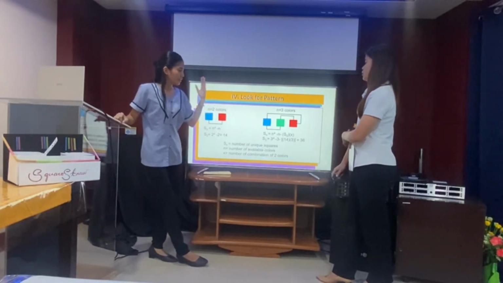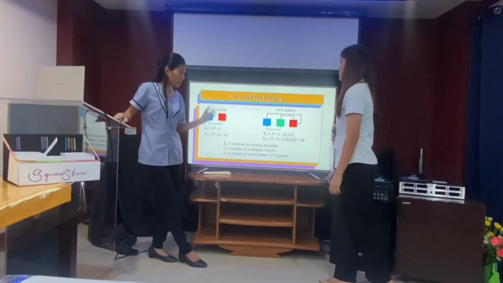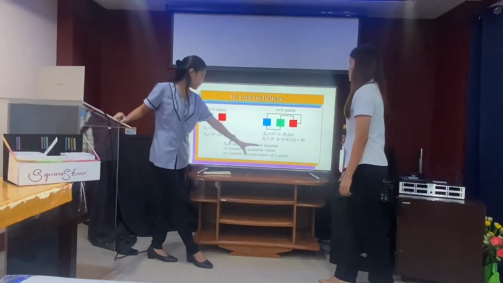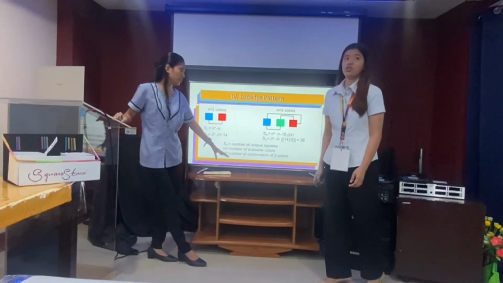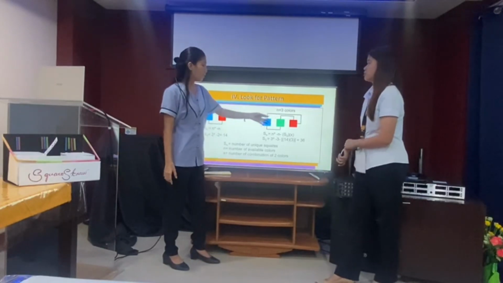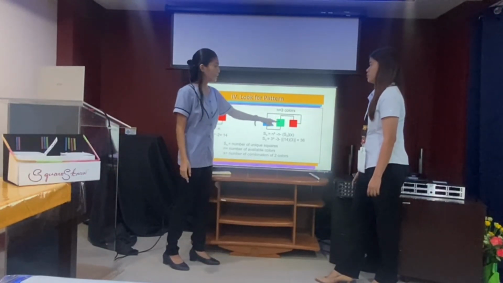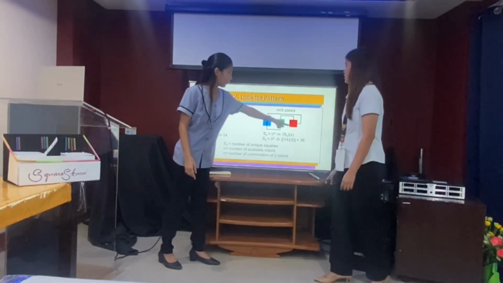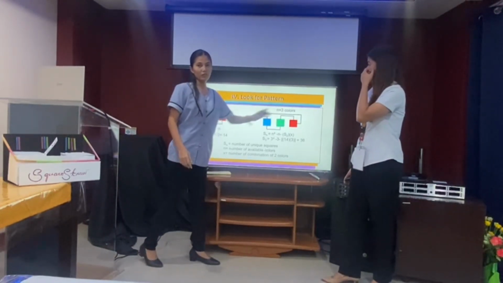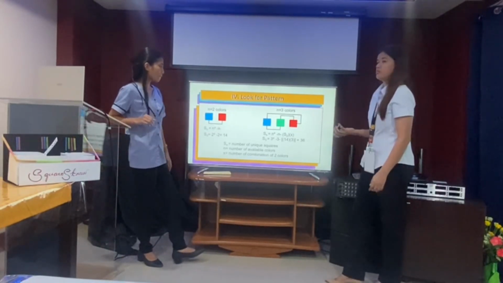While if the colors available are 3, the formula will be S of n is equal to n raised to 4 minus n minus S of 2 times x, where x is the number of combinations of 2 colors. For example, from these 3 colors, we will have 3 combinations of 2 colors. We have blue, green; blue, red; and green, red. So we have 3. And we got 36 squares.